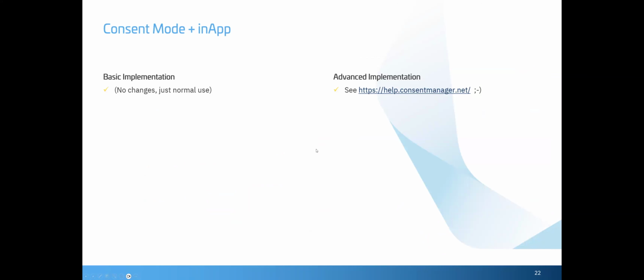Last thing, Google Consent Mode and in-apps. Again, if you have the basic implementation, there's no change. You just use the app or the app implementation as you're used to it. If you want to use the advanced implementation, we recommend to go with the help section, because there's a bit more steps than what fits into my presentation here. So for apps, check the help section,